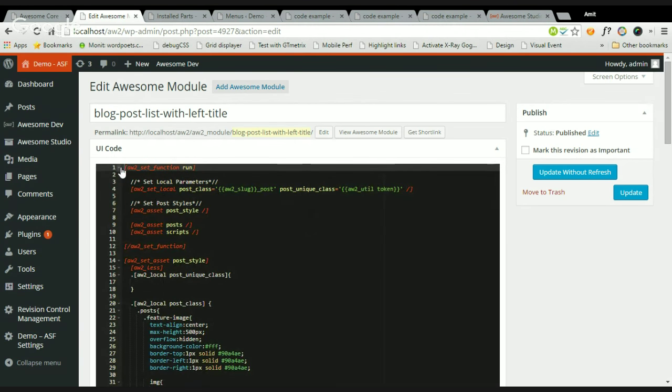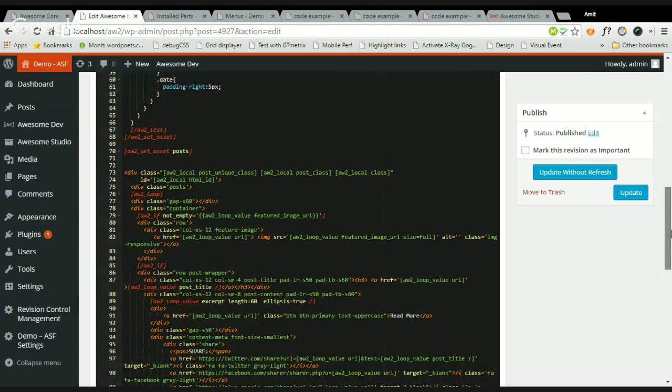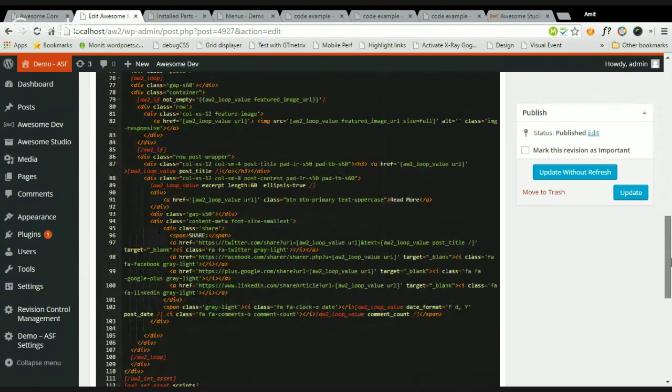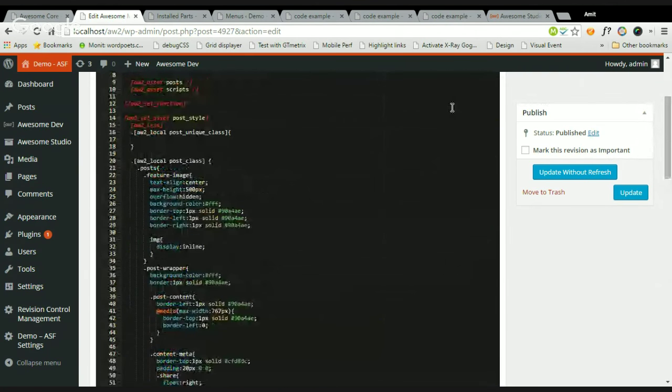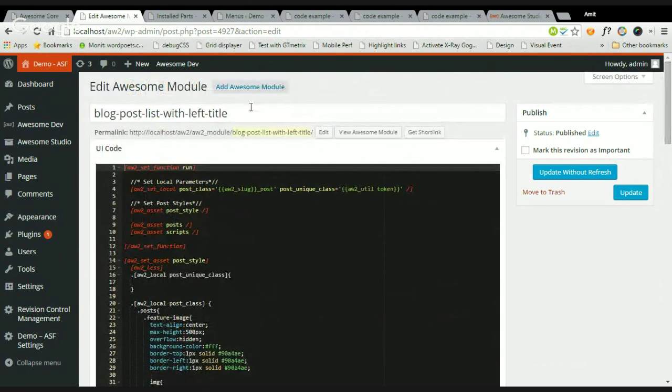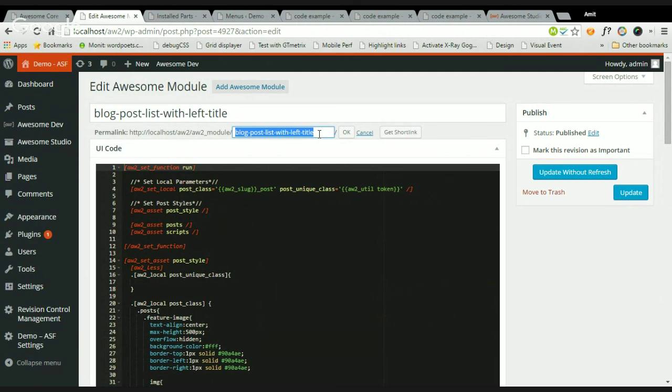So the parameter it looks after is the post class, the class, and I guess nothing else. So let's just call this module, or basically copy the slug,